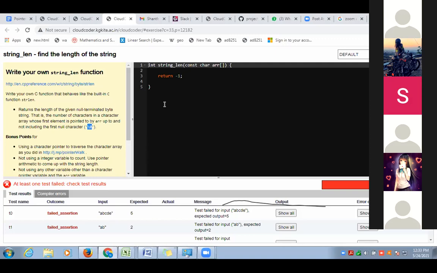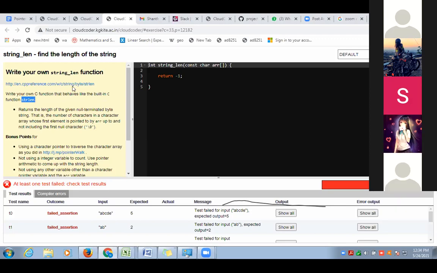Okay. So here you have to write a function to report what the length of the string is. Do you remember the predefined functions we have for strings in C? Do you remember this function strlen? It will report the length of a string, right? Can you give an example? For example, you